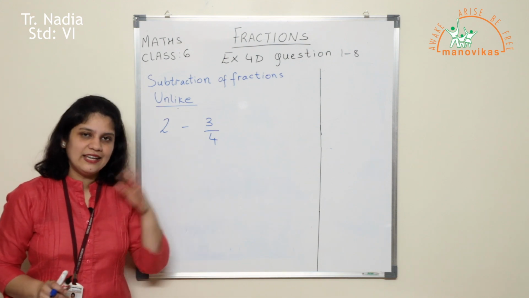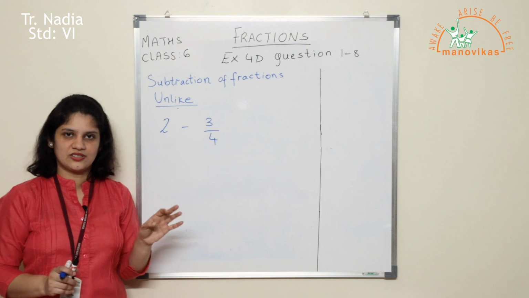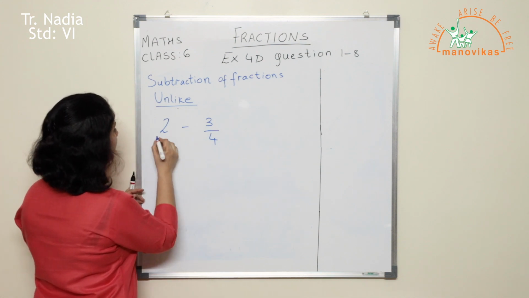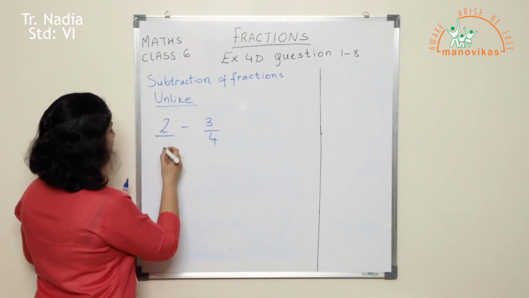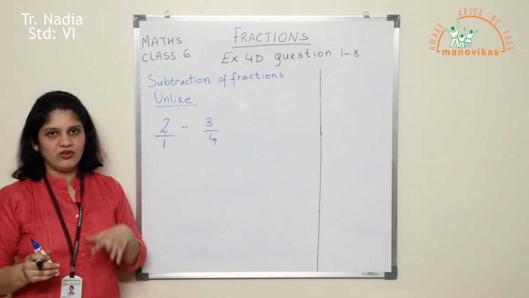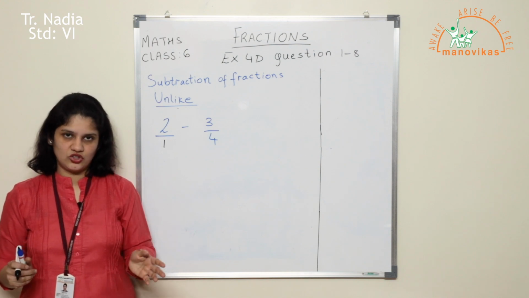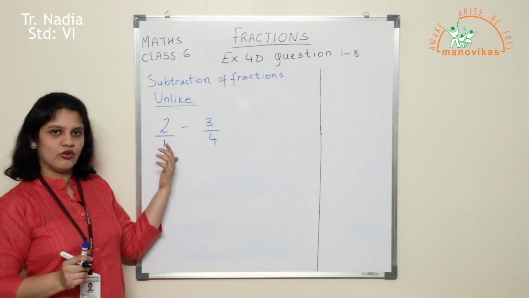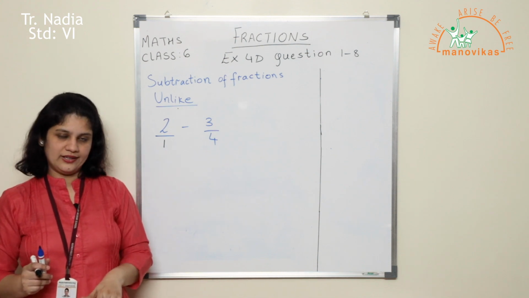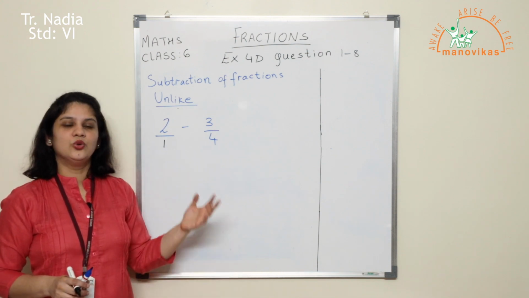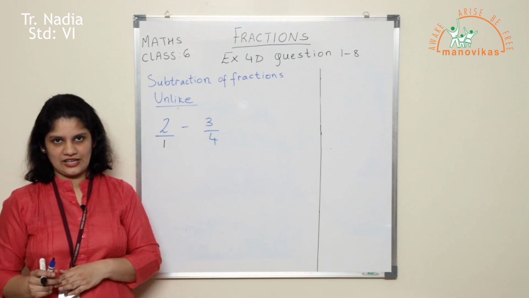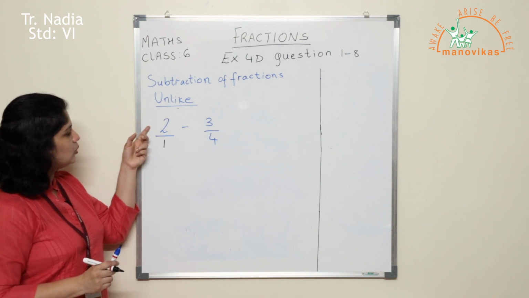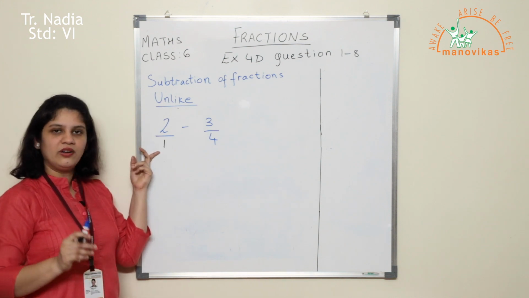And how do you make any whole number into a fraction? It is just a very simple rule. You have to divide it by 1 or put it upon 1. Now when I say 2 upon 1, actually the value does not change. The value is 2 only. But just to get it into the fraction form, I will put it upon 1. So whenever there is a whole number, you may have to make it into a fraction by putting 1 in its denominator. So the whole number 2 is now made into a fraction, 2 upon 1.